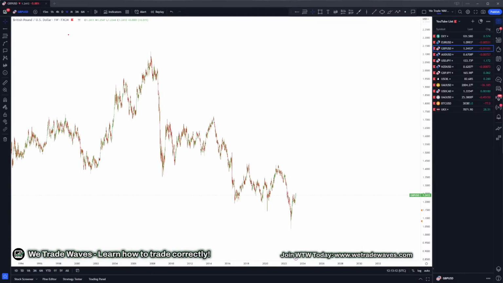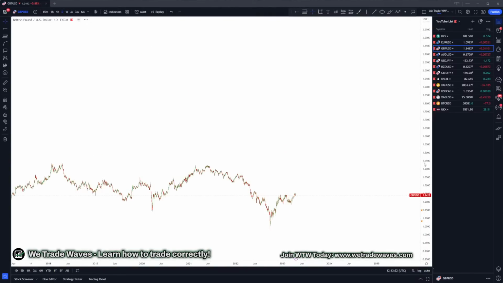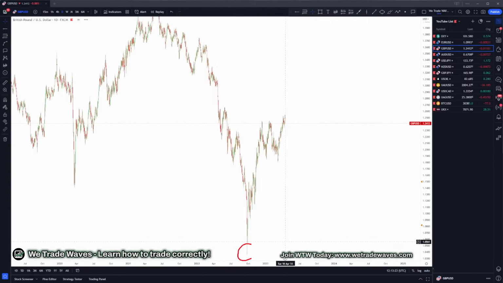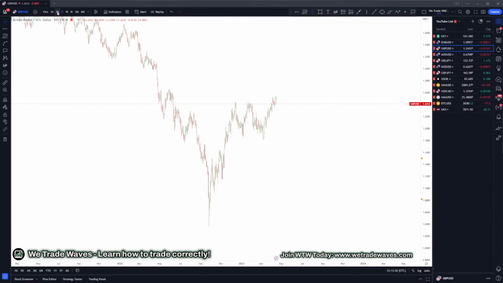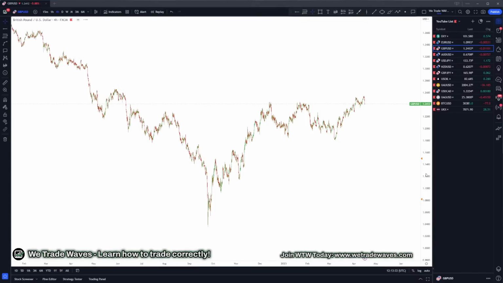Now, back to here. After this up wave, if this is the impulsive move, we need the market to give us a corrective structure. Let's go to our time frames now. Let's go to the daily. Just bear in mind that this is a low. This is the lowest point for the bigger picture. If I go to the 4 hours, just to see the structure clearly,